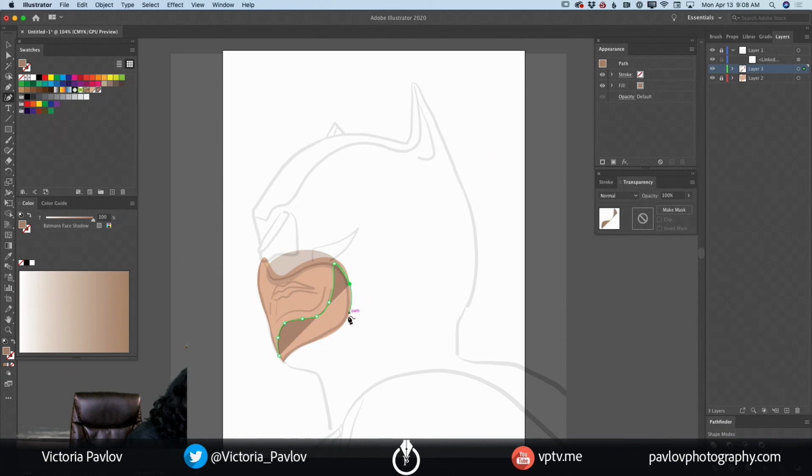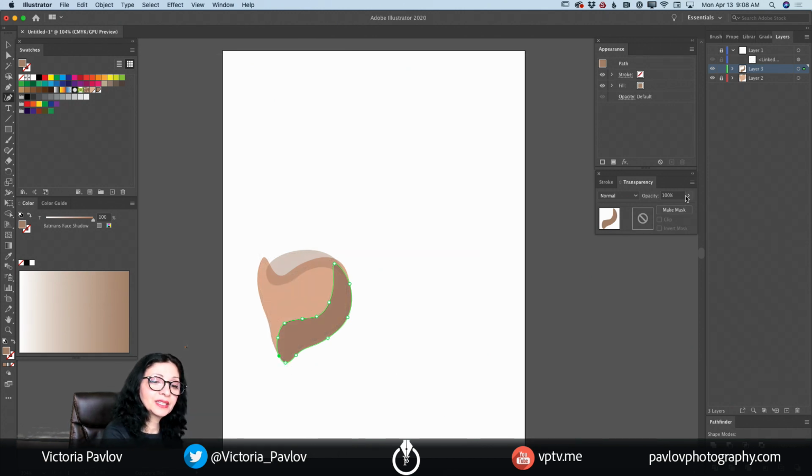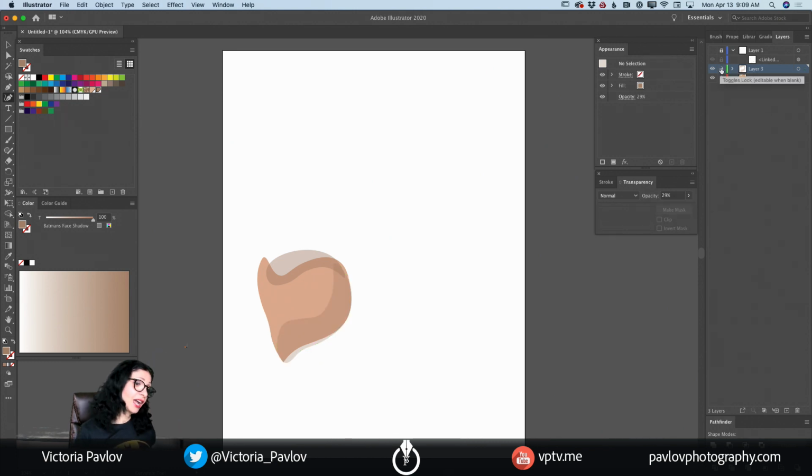Just like this. Guys, if you have any questions, just ask. And again, I will bring down visibility of this layer, shape of this shadow, just like this. And I love it. And again, I will lock it